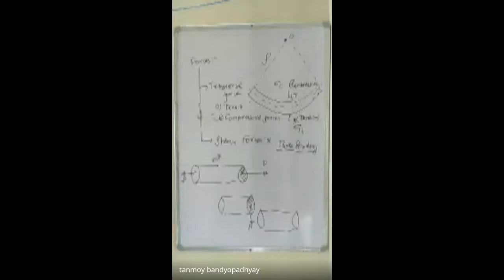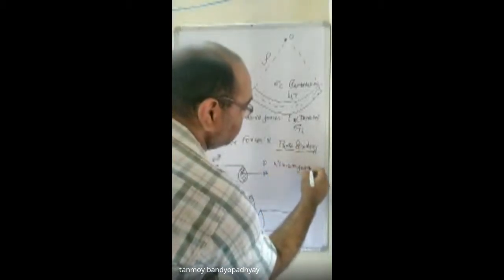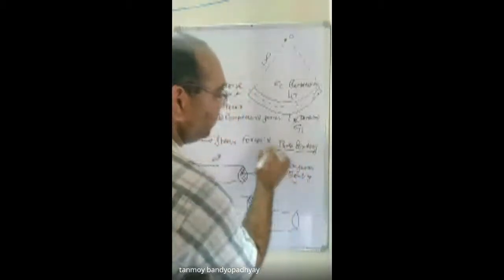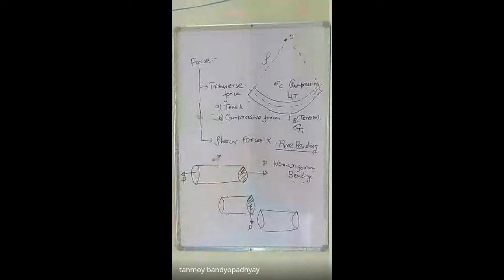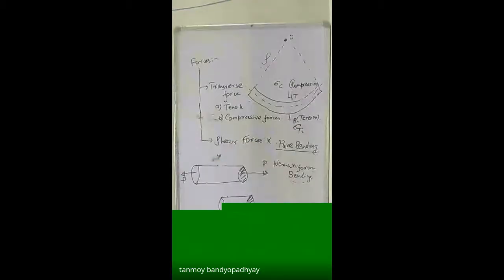But when shear forces come into effect, that becomes non-uniform bending. In this chapter, we are studying pure bending, where we don't take into account the effects of any shear forces. There is no torque, no torsion. There are no shearing effects acting on the beam. Only the beam is being purely bent. Only tensile and compressive stresses are set up in bending. That is why we will be studying pure bending. This chapter is the pure bending chapter.